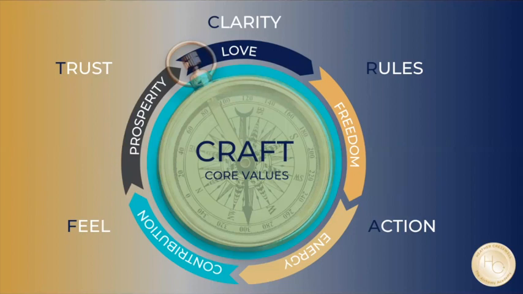So if I've got a high value on family and relationships, then my core value is going to be love. It could be connection. It could be a sense of belonging. And you'll see here in the circle, in these arrows, these are my core values. My second value is freedom. I love to travel. I love to experience new things. I love to meet new people. Energy is a very high core value for me. I want to bring my A game every day. I take care of my health as a general value so that my core value of energy can be met.